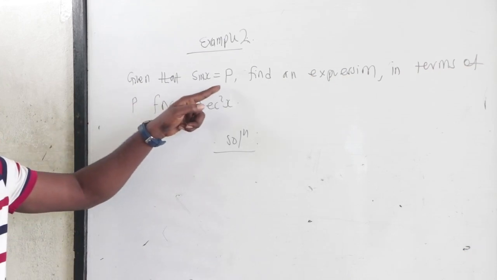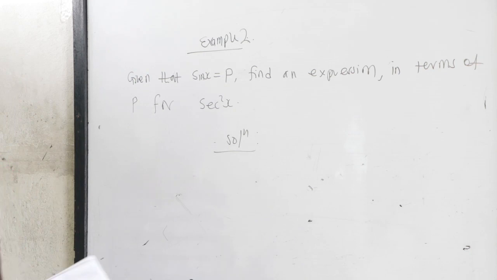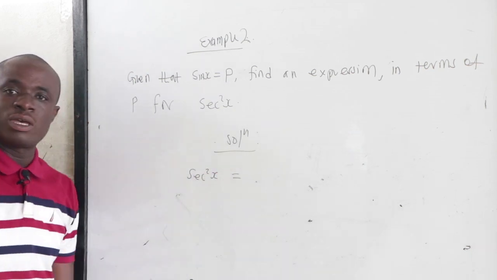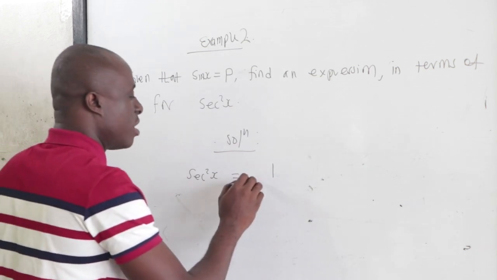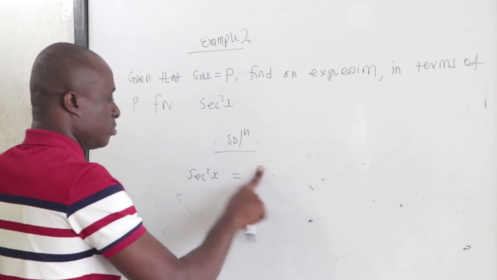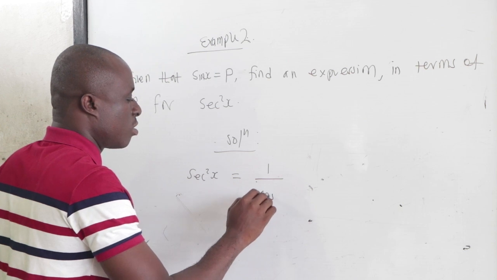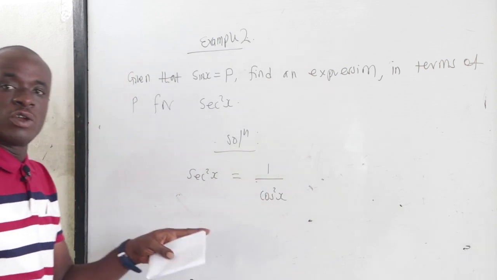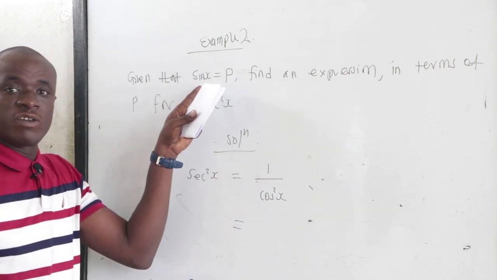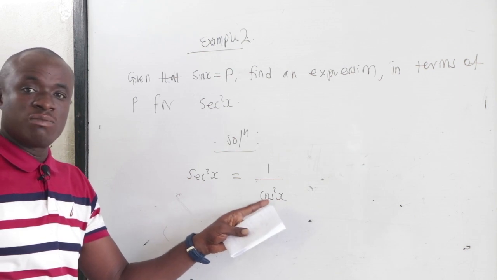Now let's see the second example. Given that sine x is equal to p, you find an expression in terms of p for sec square x. Now sec square x, what is sec square x? Sec square x is the same as 1 all over cos square x. 1 over cos is the same as sec. Now, but then what we've been given is sine x equal to p. It means that we have to let this cos square x be in terms of